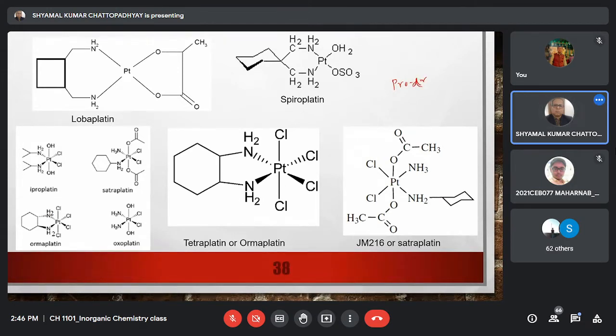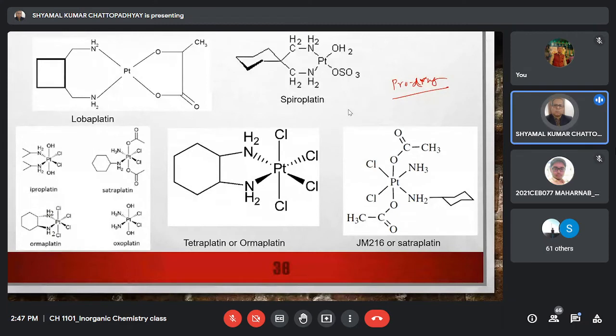What is prodrug? Prodrug means a particular molecule which itself is not a drug, but inside the system, after some chemical reaction, it will be converted into the real drug. So real anti-cancer activity belongs to the platinum 2 complex. But if you inject or induct platinum 2 as such from the beginning, what will happen? Because of the high reactivity of the platinum 2 complexes, many of the platinum 2 molecules may get indiscriminately bound to other parts of the body, particularly the blood material and also tissue materials, before it reaches the cancer